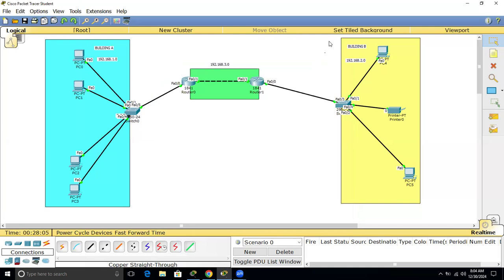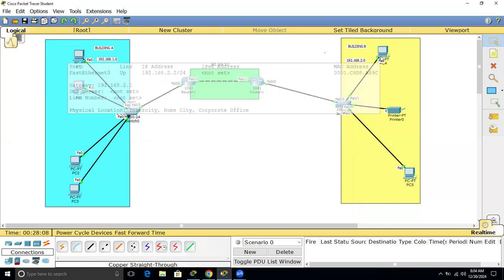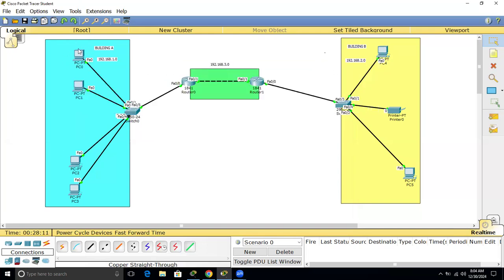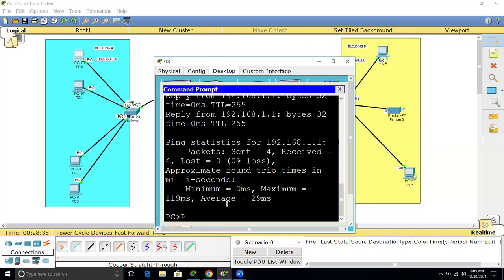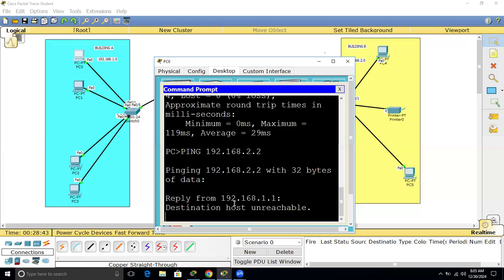Now, guys, I will try. This computer can try to talk to this computer, right? So if one computer from this building can talk to a computer in another building, what does it mean? Maybe this guy wants to send an email to this one. Maybe this guy wants to print, right? First, we need to ping in order to make sure that the two can talk, right? Maybe ping 192.168.2.2, and you press enter,